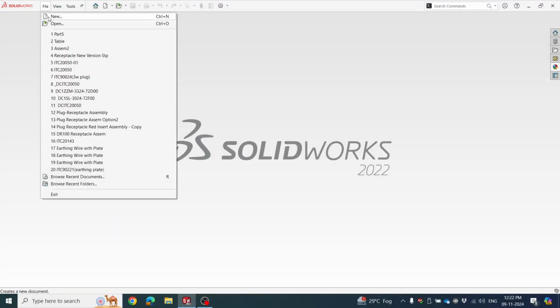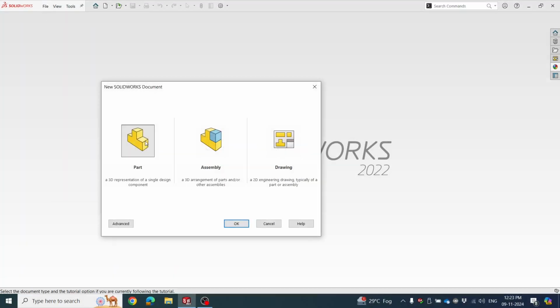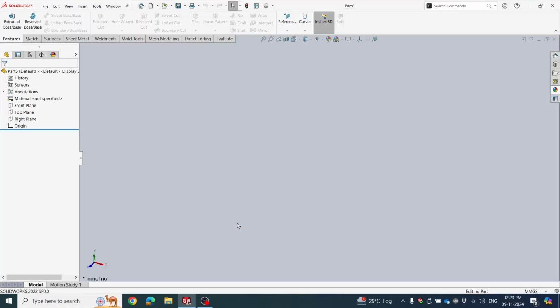Today we will make a Weldment table. While you click on this part, click OK. Now click